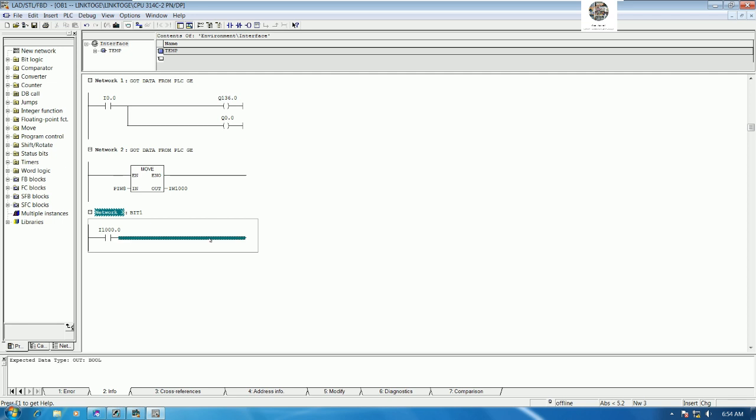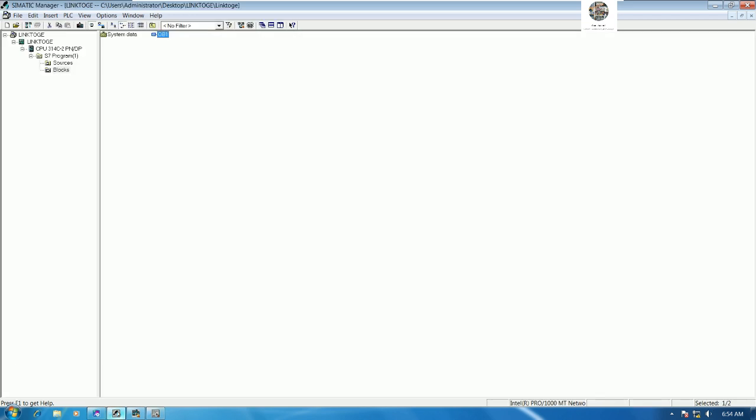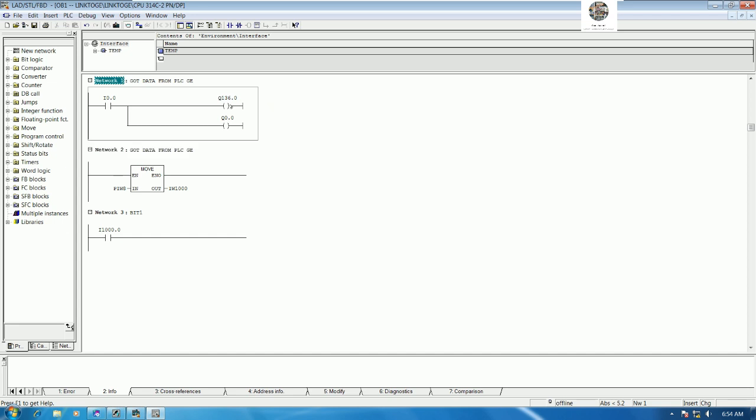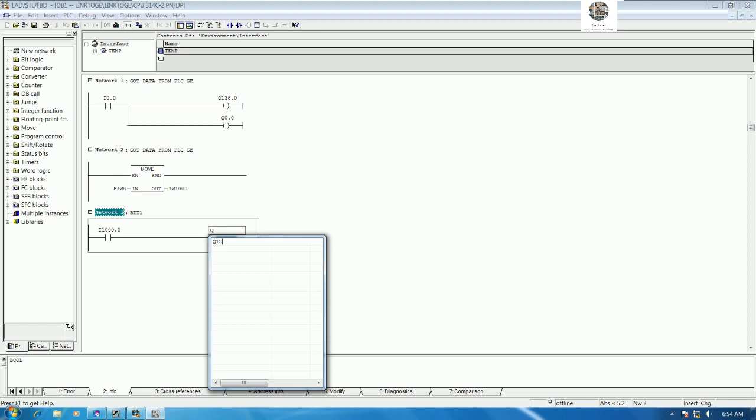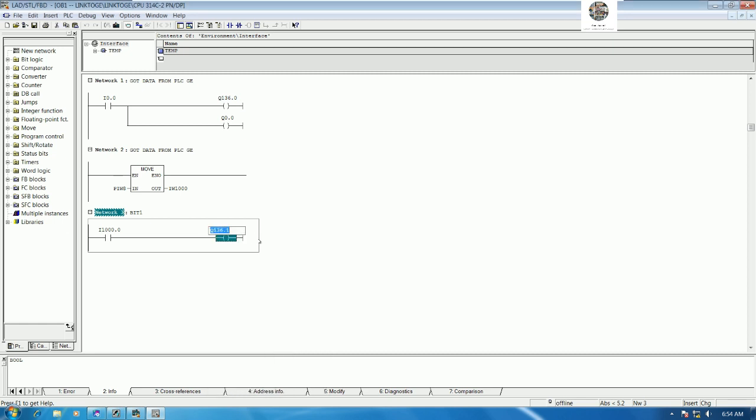And then example, to control the output, right? Example, to turn on the output. Last time we have used Q136.0, right? So right now I will use Q136.0. 136.1. Okay,